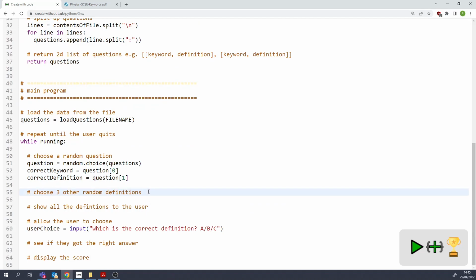So there's all sorts of different ways that we can choose 3 random definitions. We could just repeat the random.choice, but we've got a bit of a problem because we might potentially choose 3 options that are all the same, which is easy to code and easy to revise from, but it's probably not very good. So what we'll do instead